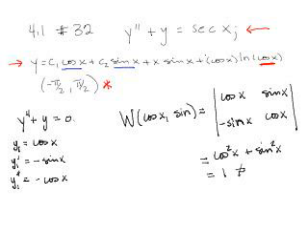And so that's 1, and that's never 0. That tells me that sine x and cosine x are linearly independent, and they form a fundamental set. And therefore, y equals c1 cosine x plus c2 sine x